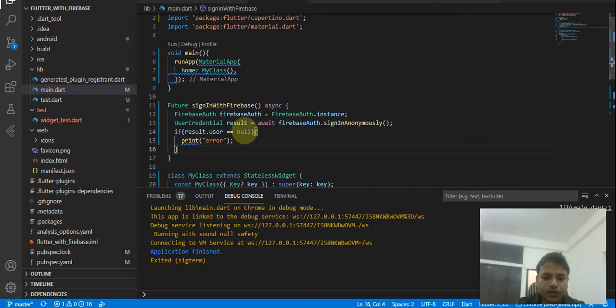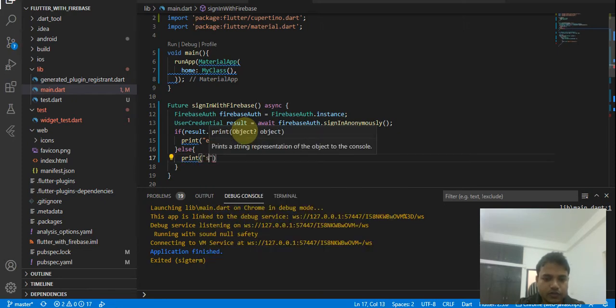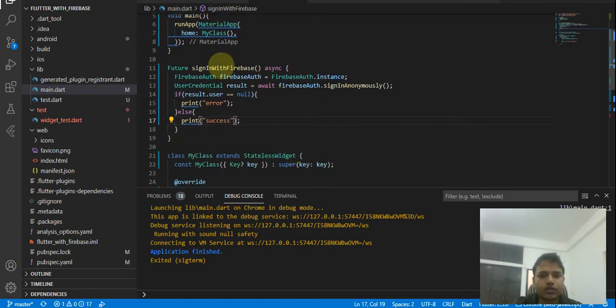And if it is not equal to null, then print the result or print a success message for the user. Sorry for the spelling of success. So let's run the code.